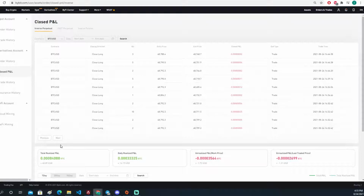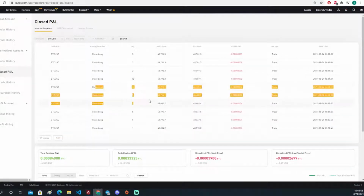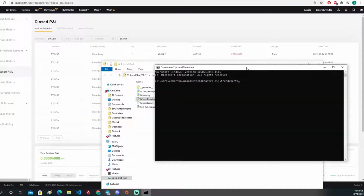And as you guys see, this is my trade history, and we can go pages back, and 90% of it are limit orders, and yeah, just a lot of them. And that just adds up, right? So to give you guys an indication, there are currently 6 people using our trading bot. So over the last 4 days, we've been trading with the 6 of us. So I can just easily open up